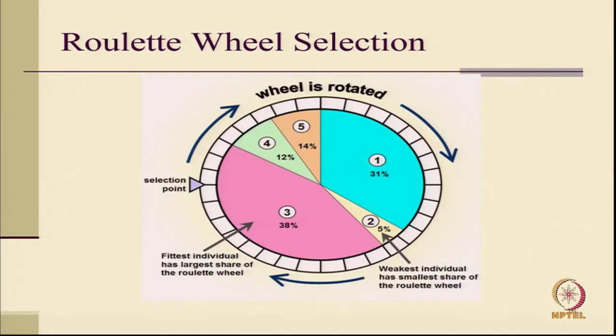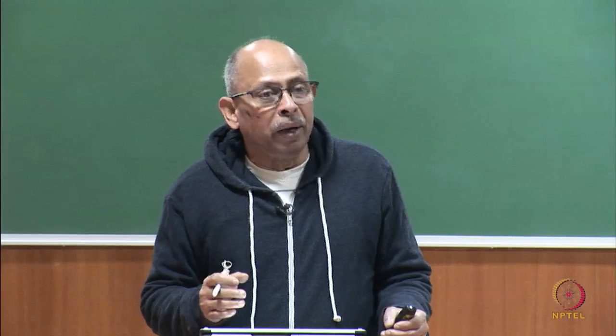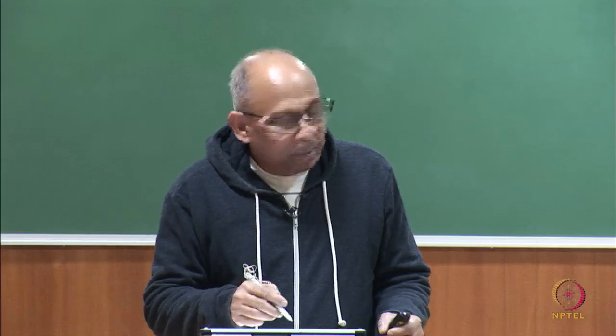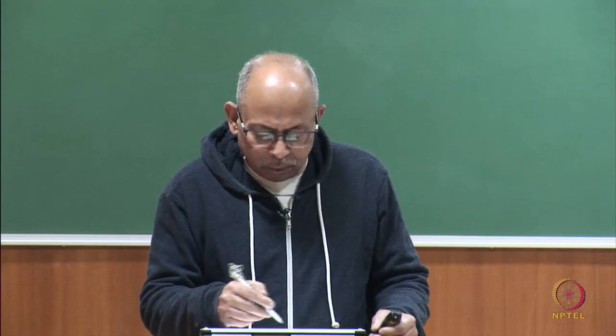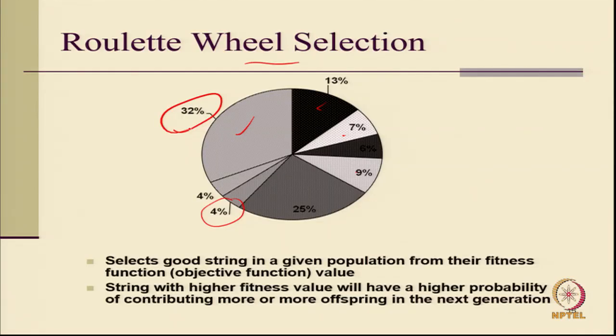The same thing we can repeat for our building case also. The fitness value which has a 32% chance of being selected, I can write in a pie diagram like this: 32%, something 13%, etc., and generate a random number between 0 to 100, or depending upon how many variables you have taken. 0 to 100 is good enough, because I am talking in percentages. The fitness value corresponding to this will have the highest chance of being selected, and this one will have less chance of being selected.